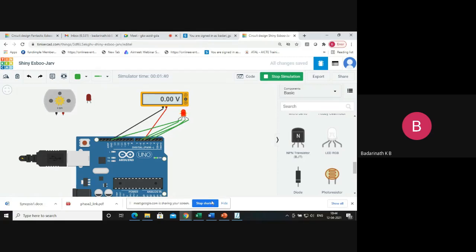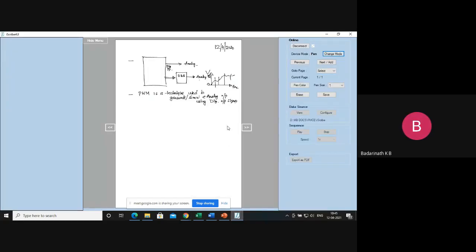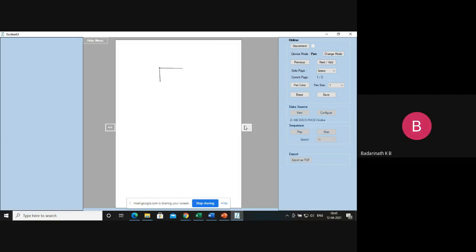So look at the screen for a moment. Now let's say you have connected a DC motor. This DC motor comes in different drive capacities. For example, let's say I want to connect a 12 volts DC motor, 1 amp. It's a little powerful 12 volts motor. Your Arduino generates a 5 volts signal with reference to ground. That means it is not possible to drive this motor directly. What do I require? I require a driver. A driver is nothing but a transistor.